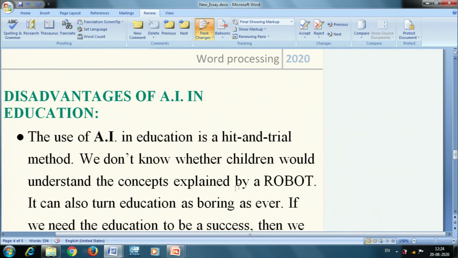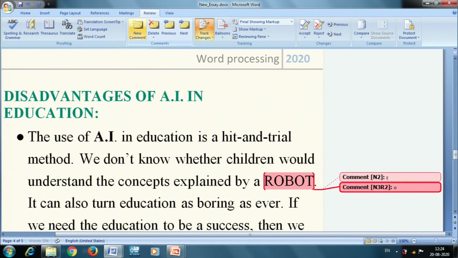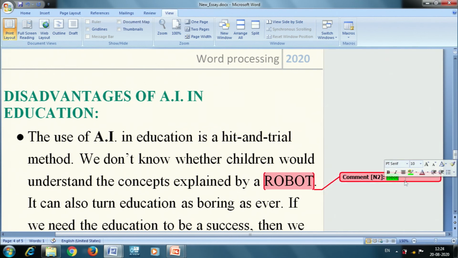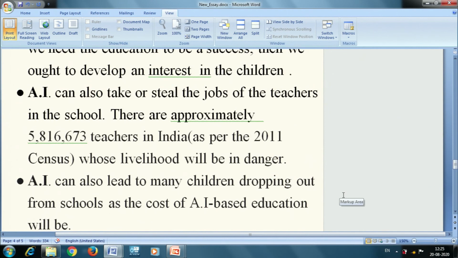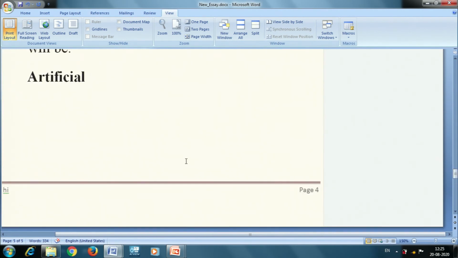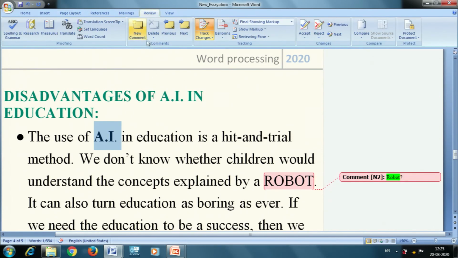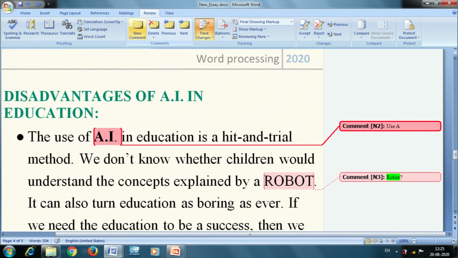Suppose in this particular place, instead of robot, I want to add a comment, robot, sorry. So, not in capital letters. If I want to display it only in small, I can make it, or if I want to ask them some questions, I can put some question marks here. So they will be able to understand that I am not clear about this particular section and I will need some clarification. So I can add that, and I can also make changes or comments like this, use AI,